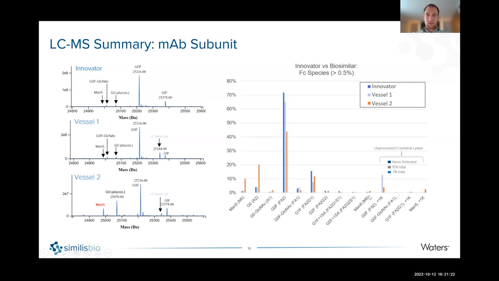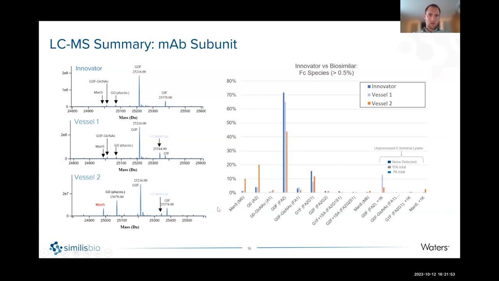And then you can see the relatively low level of relative abundance. So for MAN8, we have way less than 1% for 2 of our samples. We were able to detect that using this method. MAN5 is what we used as our critical quality attribute for our clone selection. So that's what we honed in on more, but we were able to detect glycoforms even below 0.5%.